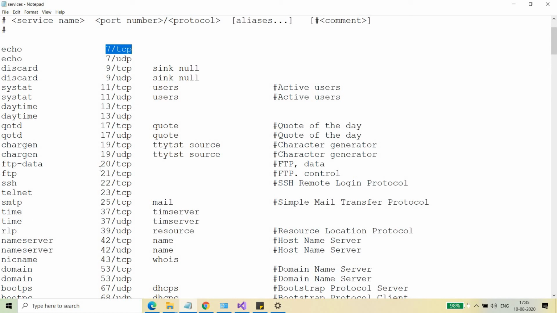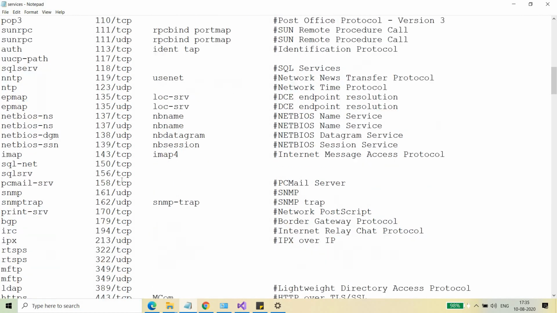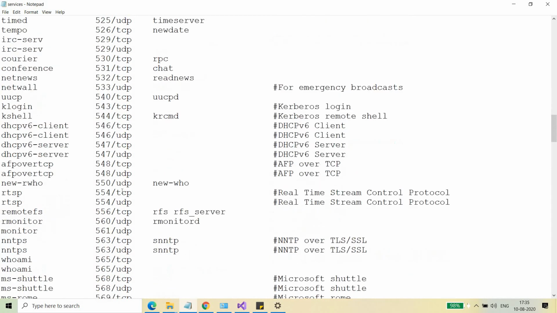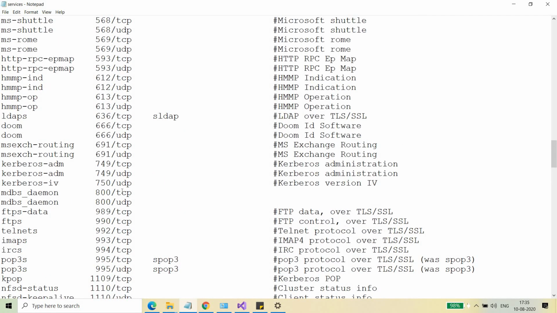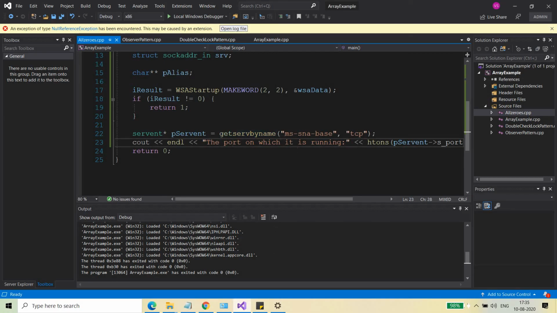If we are working on the same machine and you have to find out the port number where this service is running and to which port I need to connect, you need to get the contents from here. This is the name of the service. This is basically the display name, but this is the actual name using which it refers to the service, right? This is basically the exe name using which it refers, right? So if you have to find out the port number on which a particular service is running, to which your client wants to connect, then we use this function getservbyname, right?